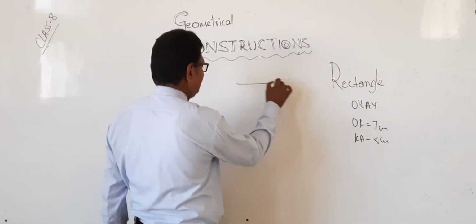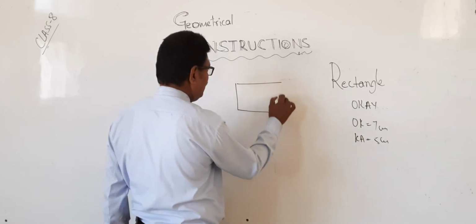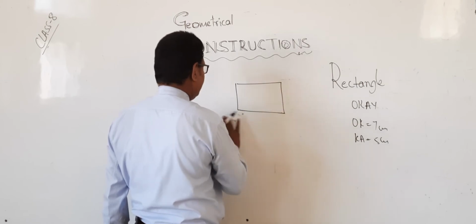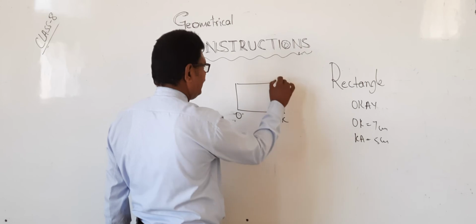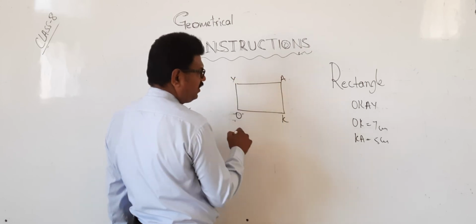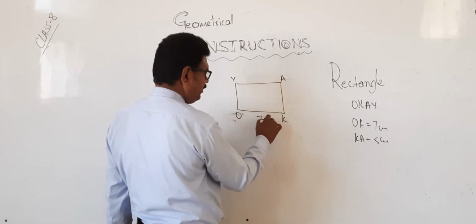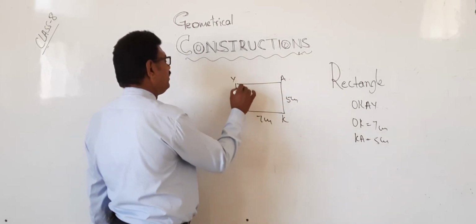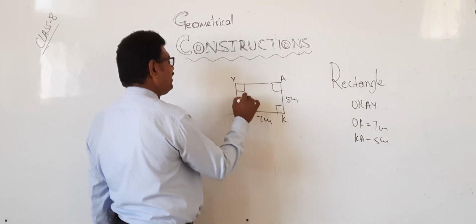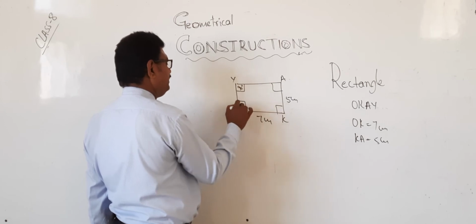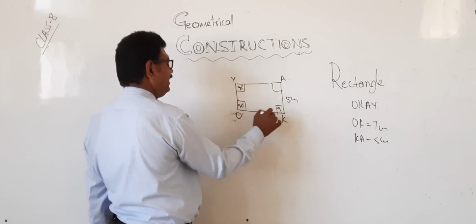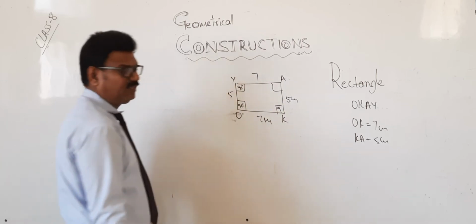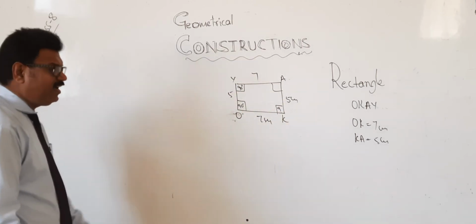Rectangle means you know that opposite sides are equal and all angles are equal. Okay. Okay na? Now how much? 7 centimeters. This is 5 centimeters. Not given means what is the angle? Yes, 90 degrees, 90 degrees, 90. It is 7 means this also 7, it is 5 means this also 5. Indirectly he has given all the measurements.